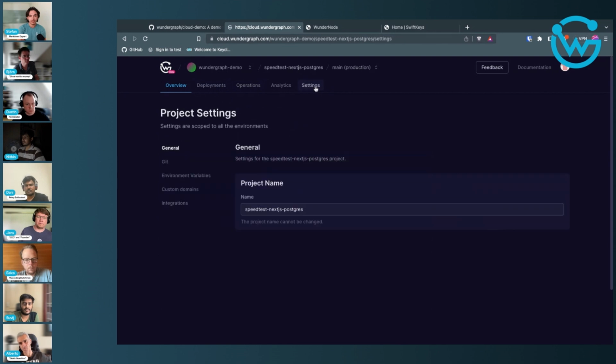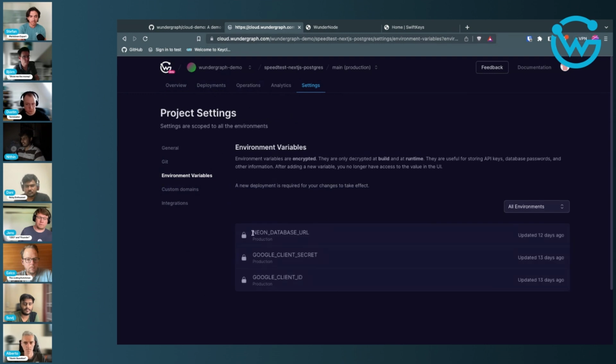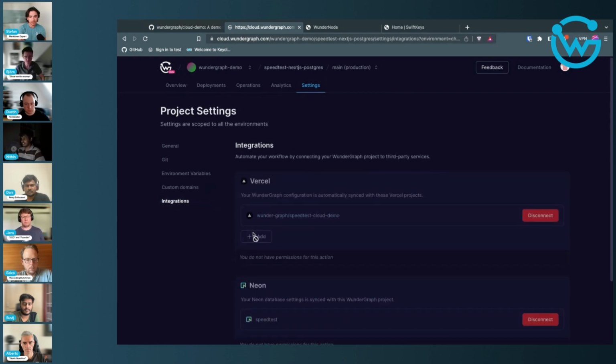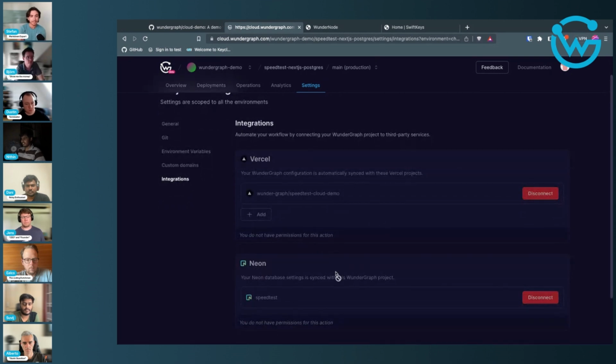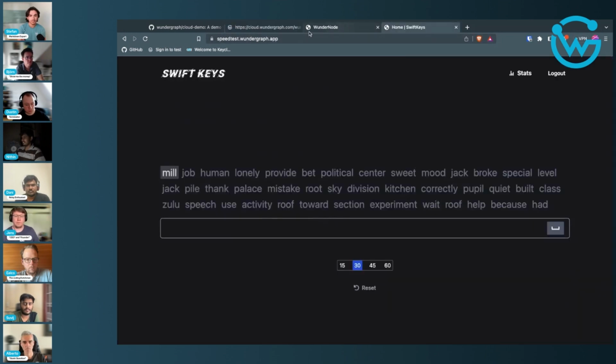So if you head over to settings, you can check that we have some environment variables set. We have Google as our auth provider, and we have NeonDB as our database. And if you head over to integrations, you can see that our front end is already deployed on Vercel, and we also have Neon integrated, which automatically sets all the environment variables that you need. And if you want to try out the live demo, you can always head over to speedtest.wundergraph.app to test out